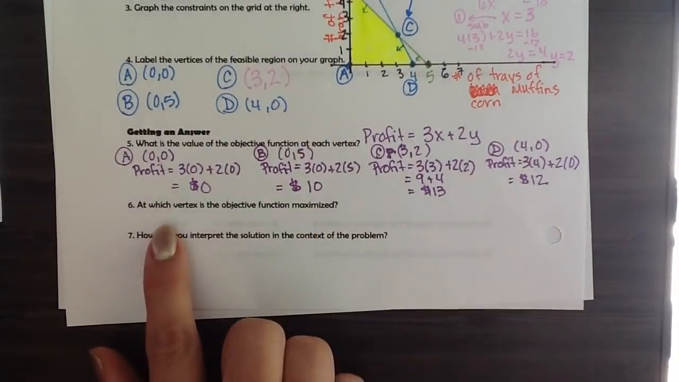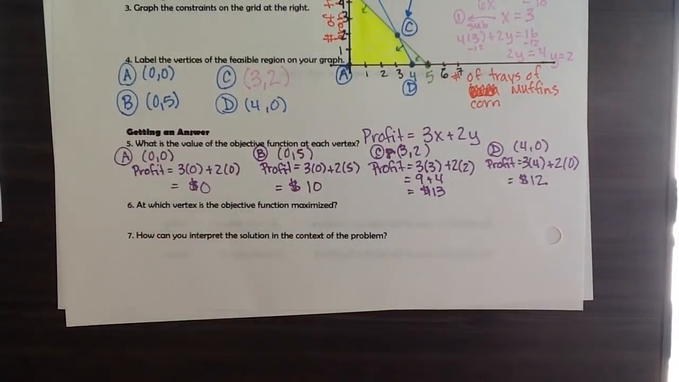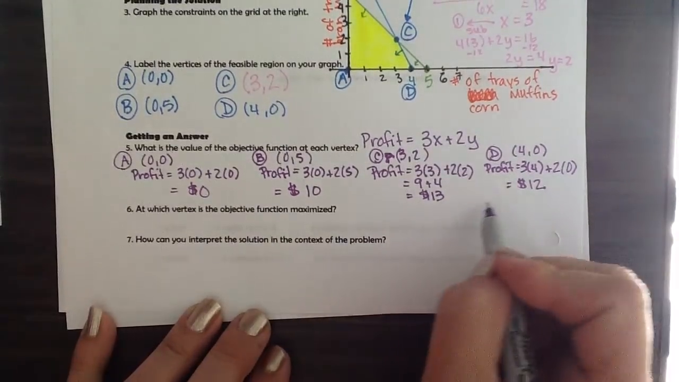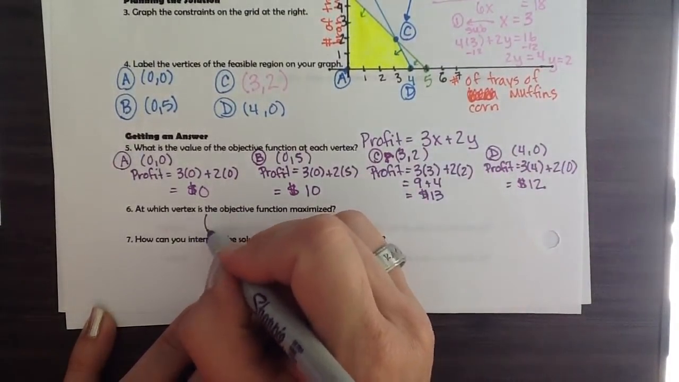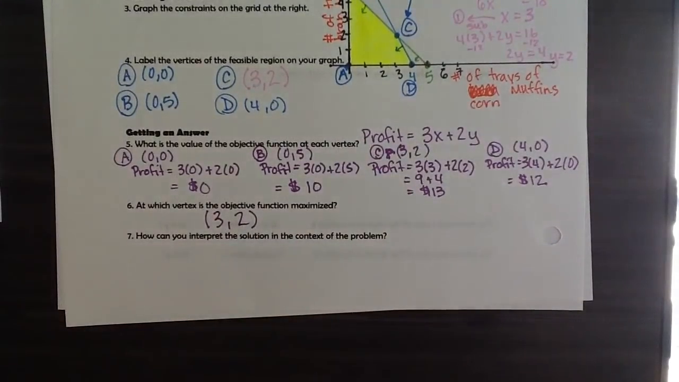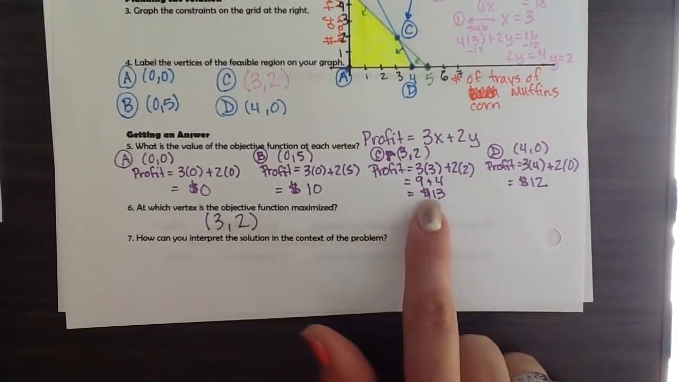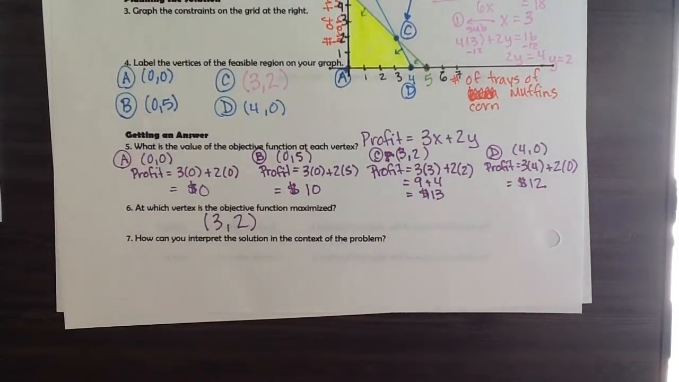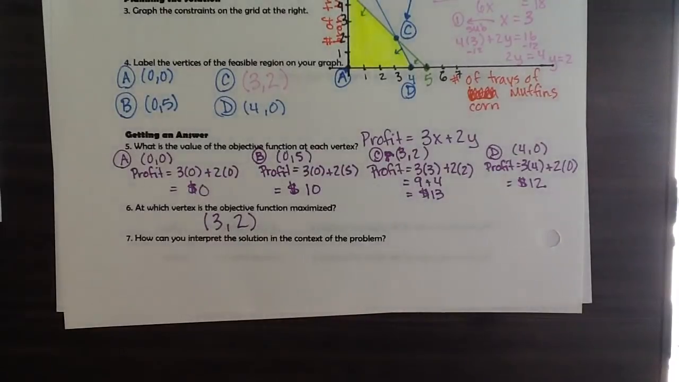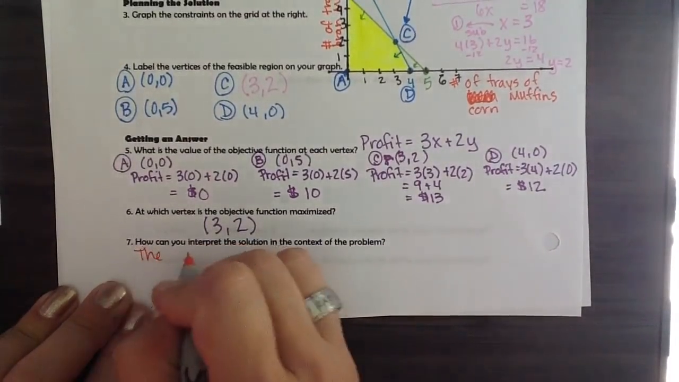Then this question asks specifically at which vertex is the objective function maximized. So the objective function is its highest at 13, so that would be at the vertex 3, 2. However, we are going to write a statement based on this solution that does not just say 3, 2, and 13. It's going to be like a sentence that tells the baker what he should do and why he should do that. So it's like a little call to action with backing it up with what you found in your work. So we're going to say that the baker